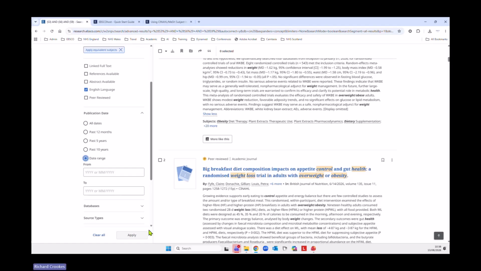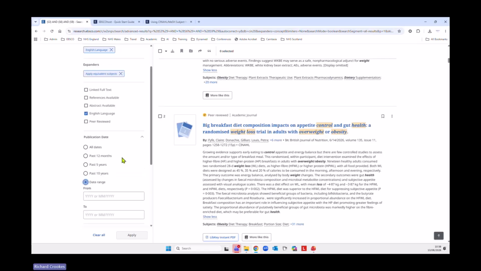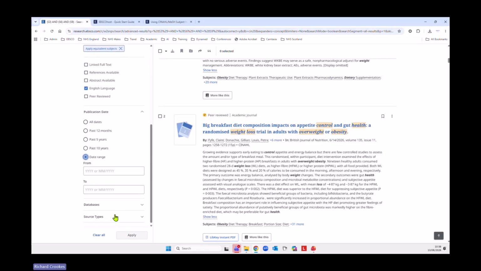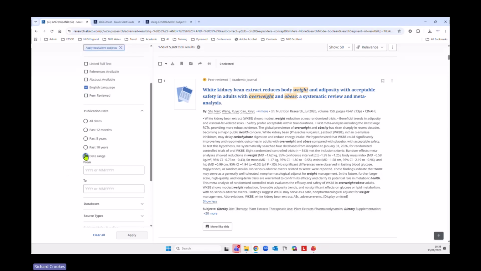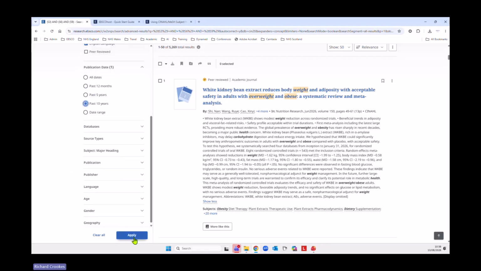Okay, so we've got those 2 options, so we can apply these filters. What's going on here? Maybe just do this. Oh, I know why, because I haven't selected the date range. So if I go to past, whenever you see the apply button grayed out, it means there's another step that you need to complete. So if I apply these 2 filters now,